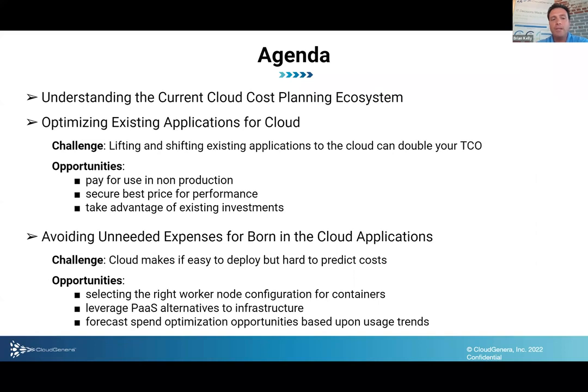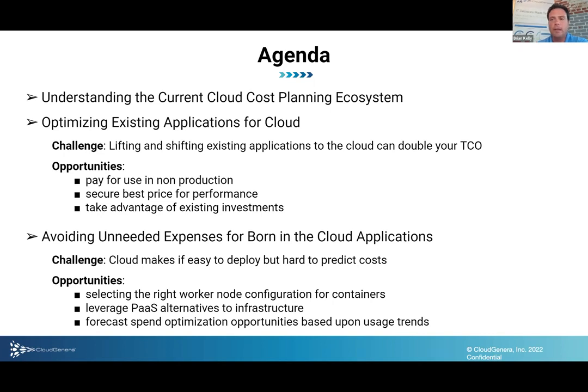Specifically, how businesses can better take advantage of pay for use and non-production, how businesses can ensure they're getting the best price for performance, and third, how businesses can take advantage of existing investments as they transition workloads to the cloud. The second topic will focus on avoiding unneeded expenses for born in the cloud applications or new application deployments